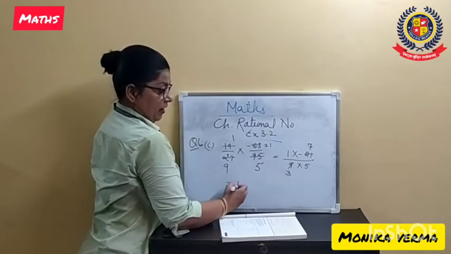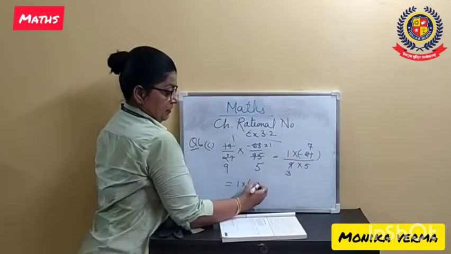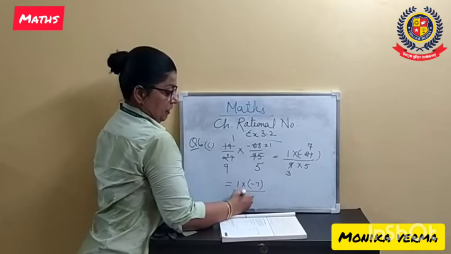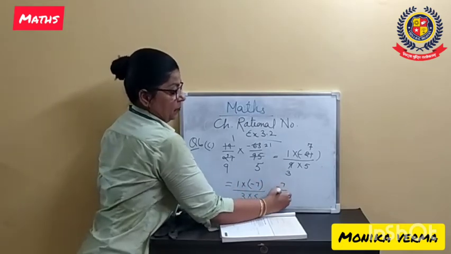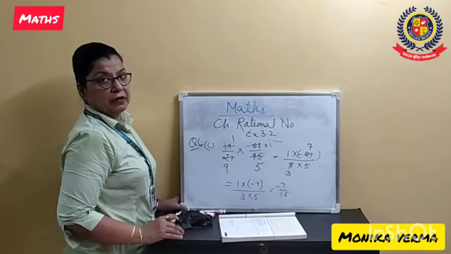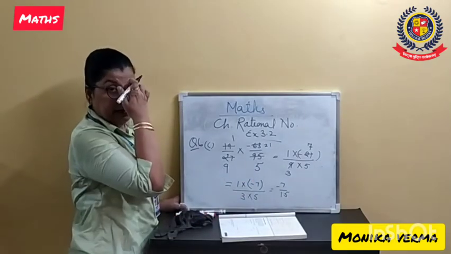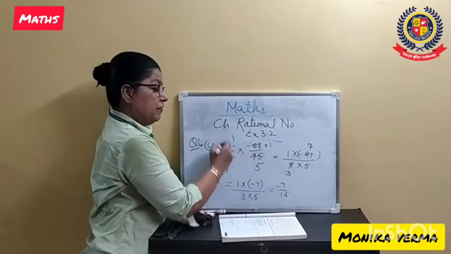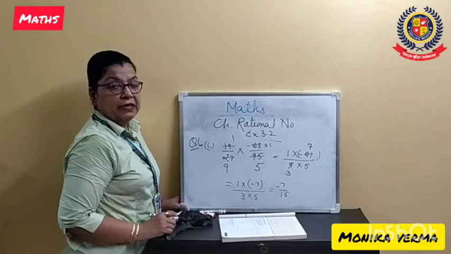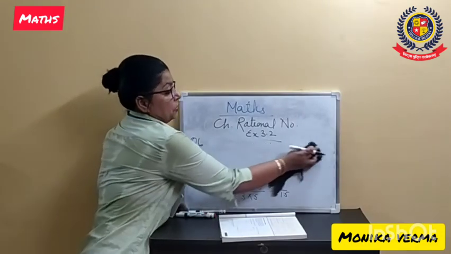So we got 1 into minus 7, 3 into 5. So we got minus 7 upon 15. Okay. So what we have learned is that in multiplication we have to move straight with multiplication, but we can reduce the numerator as well as the denominator. Last part of this question,